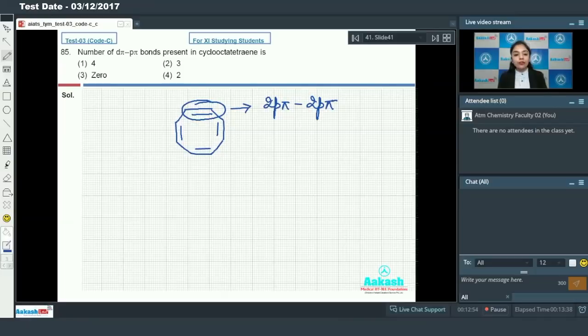There is no possibility for d pi p pi bonds. As no vacant d orbital is present in carbon, we have only 2p pi p pi bonds, not d pi p pi bonds. So option number 3 is the correct answer. It means we have 0 d pi p pi bonds present in cyclooctatetraene. If they ask how many p pi p pi bonds are present, the answer would be 4. So here option number 3 is the correct answer. So moving on to the next one,